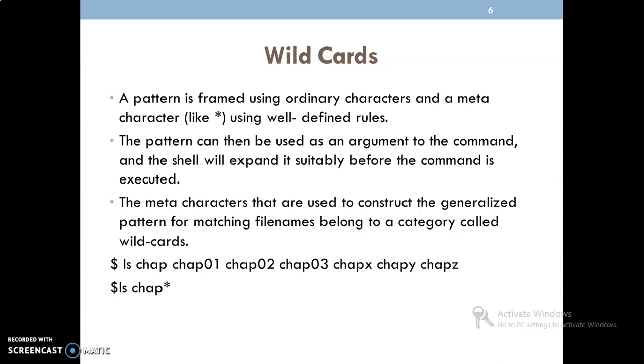Instead of writing all the file names, we just need to write one file name, chap*, containing the metacharacter. That is also what we call a wildcard. Here the asterisk symbol represents a pattern, or a metacharacter.